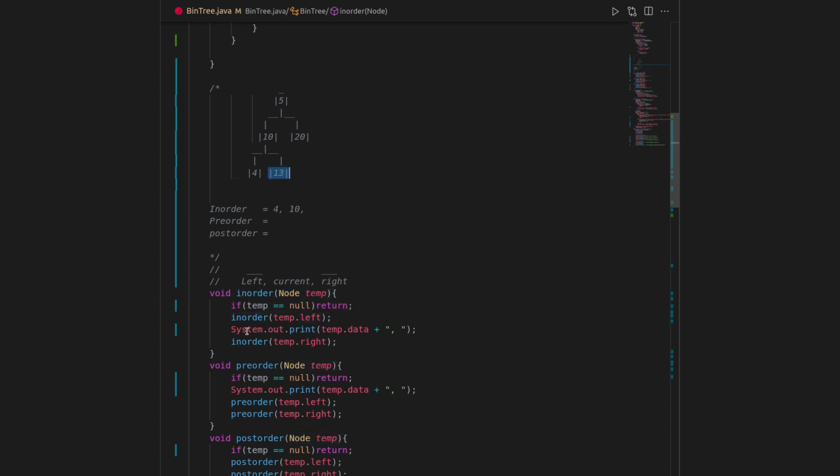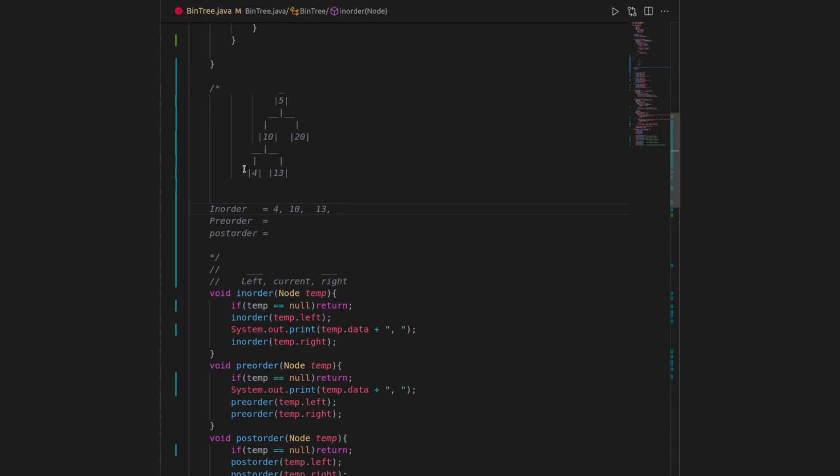But as it is null, null will be passed in temp.left and it will just simply return. Then we can print the value of 13 because the left child of 13 was null, so it has returned from that. So after the value of 13 is printed, we can execute the in-order for the right child of 13. But as it is null, it will again return back to 13.